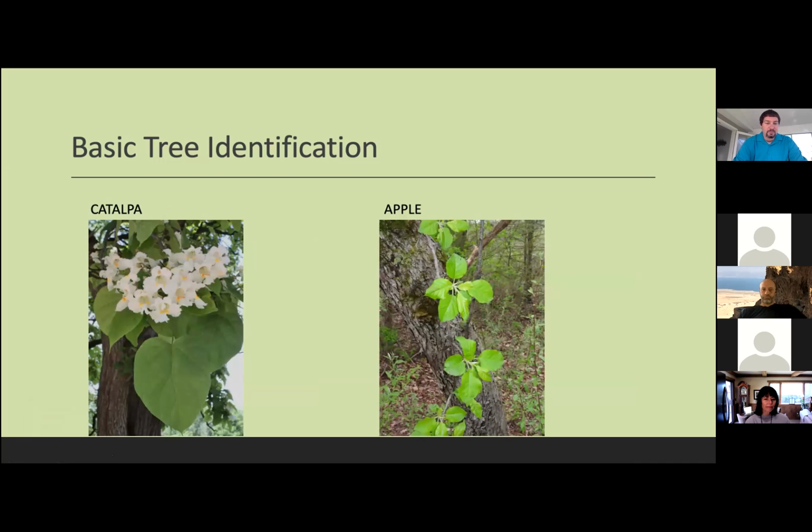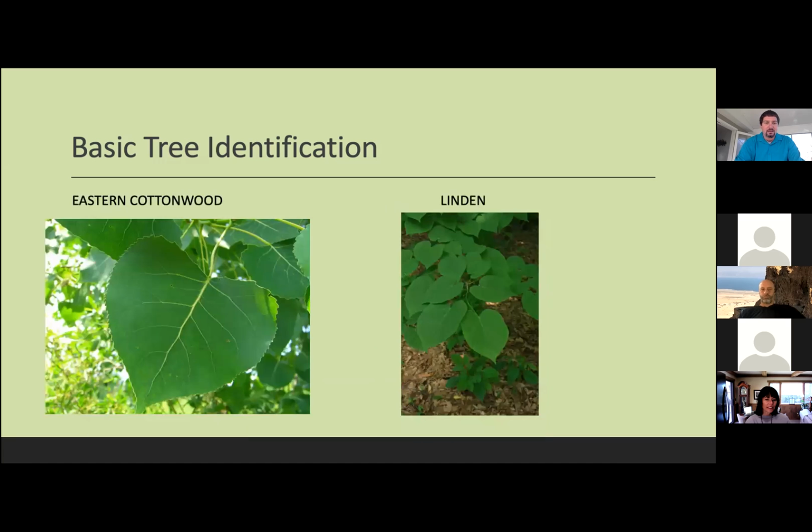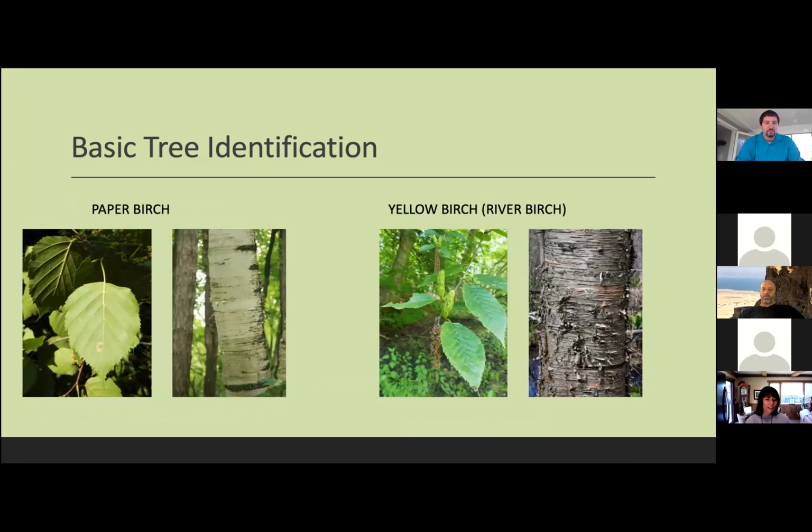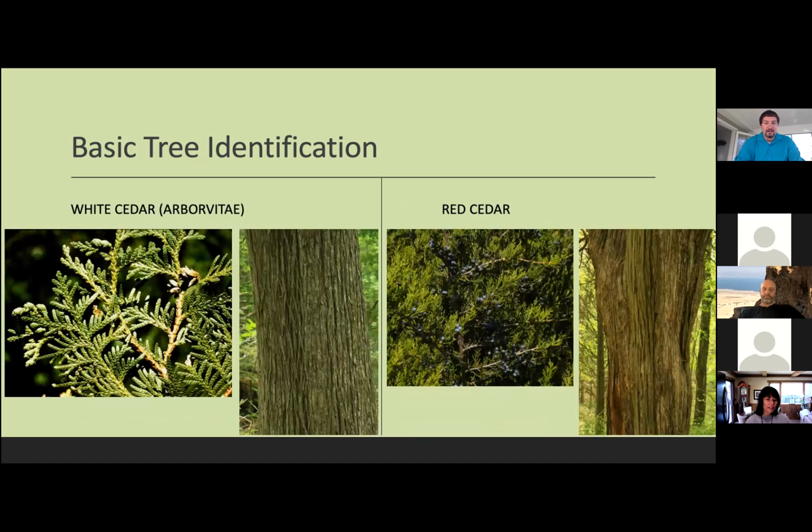Catalpa is also another really popular tree. They've got really large, leathery leaves. If you go to pick up your leaves in the fall, and you've got these monster heart-shaped leaves that get wet and stay wet and are almost impossible to rake, probably Catalpa. We have a lot of apples and crab apples in the state. Cottonwood is another big thing. Linden, sometimes people call them basswoods, are very popular as well. We've got two different kinds of birch that are native to the state. And then moving into